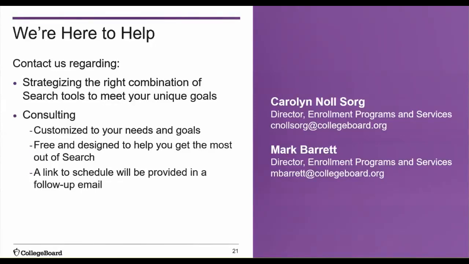So what we would do with segment analysis is help you do an analysis of what clusters and what cluster combinations are most impactful for your institution. And then when you use segment analysis, you can actually order names based on those clusters. So it allows you to get very, very targeted very quickly. At the outset, it sounds like a very complicated process, but Eric pointed out, you don't have to be a data scientist to use it.